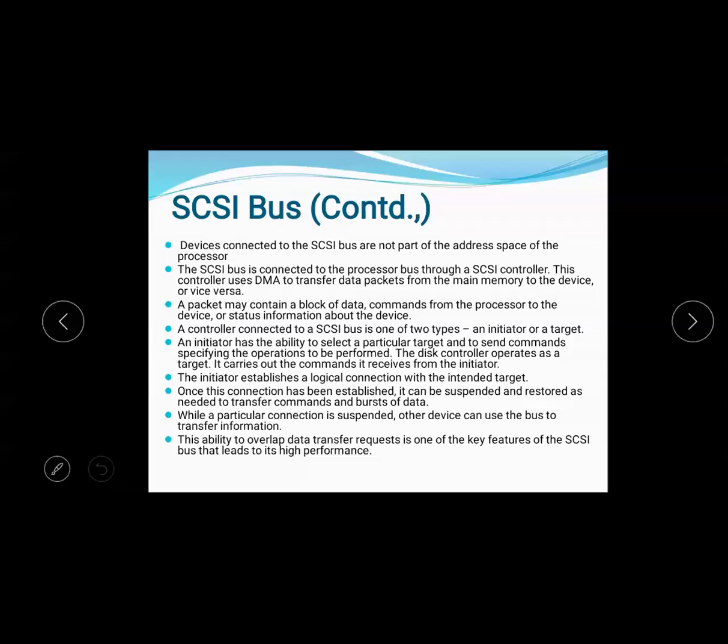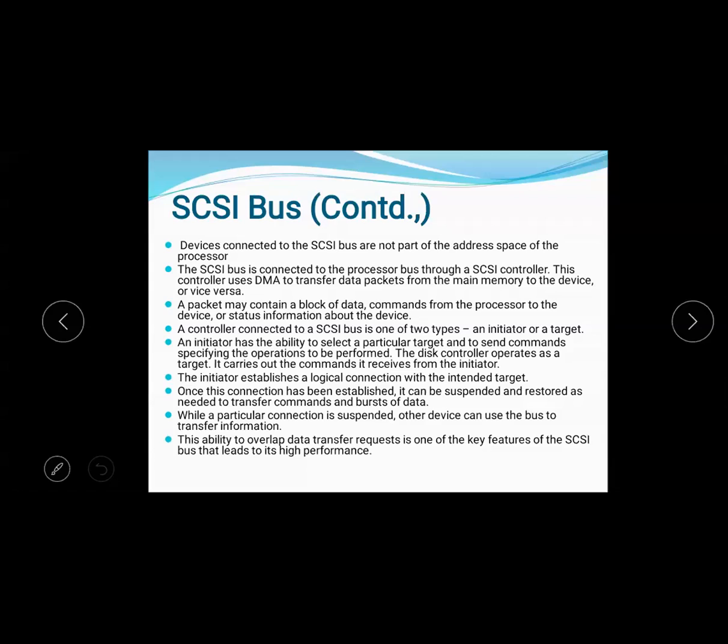A controller connected to the SCSI bus is one of two types: initiator or target. The initiator is the one who initiates the transmission, also called the master, and the target is the receiver.